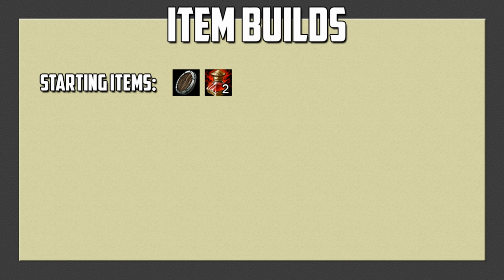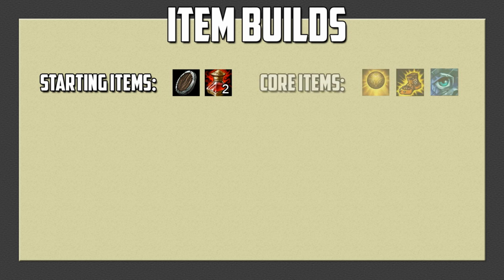So instead of laying out a concrete build path, I'm just going to tell you all the items that you should be getting eventually, and then I'll talk about different situations that you'll be put into. Generally speaking, you'll be getting mobility boots, sightstone, and Shurelya's pretty much every game. Everything else is completely situational, but these are going to be your 3 core items, so let's talk a bit